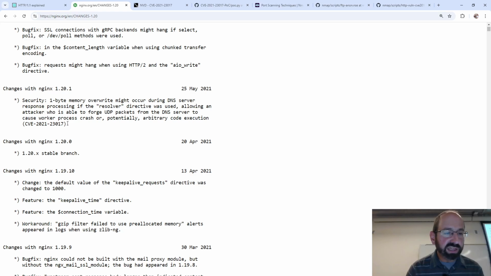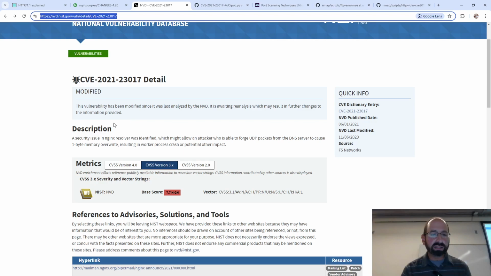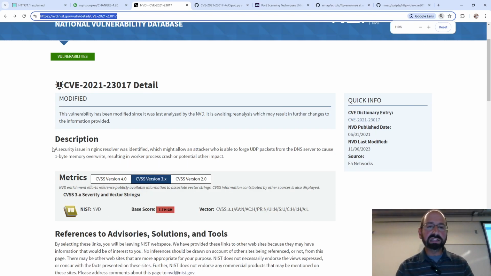And it gives a CVE number associated with that. We will be learning a little bit more about the CVE process, as well as some of the alphabet soup that's associated with our CVEs. But in fact, for that version of Nginx running on that arbitrarily selected HTTP compatible website, we do